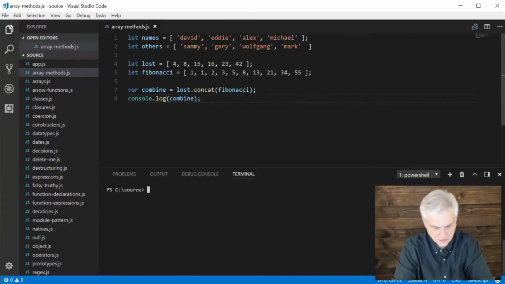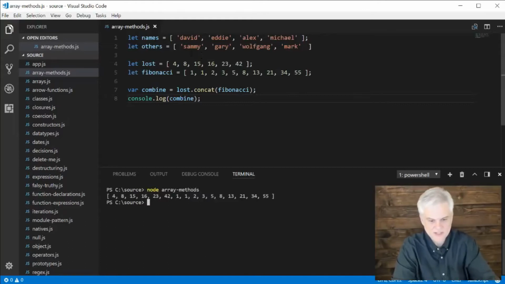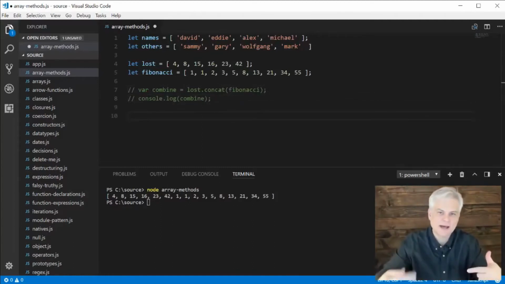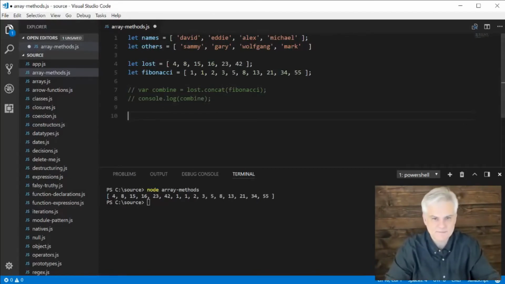And here I'm going to go node array-methods, the name of the file I created. And I get a long, complete set, where you can kind of see the division between the two sets. Now they're all in one array. Seems like it might be helpful at some point. Otherwise, we'd have to loop through and push elements of one array into the other array. That might be a little bit